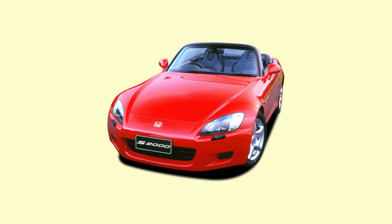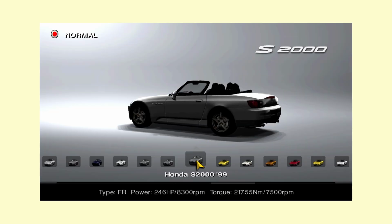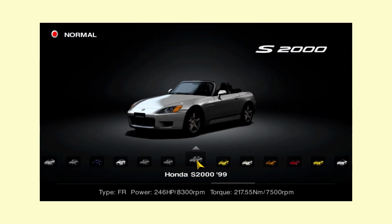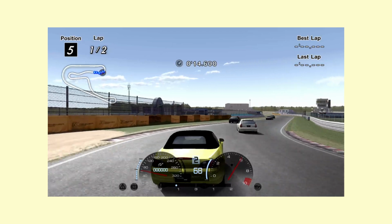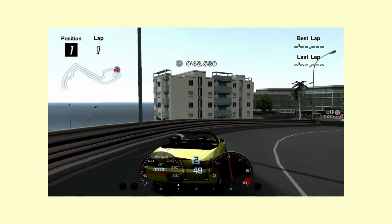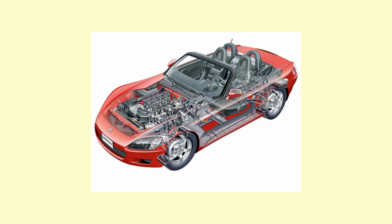The AP1 S2000, Honda's peak expression of purity in a performance offering, proudly produced from 1999 to 2004. So iconic, so revered that it's become a staple in games like Gran Turismo 4, and it's got such a big cult following, probably from Fast and Furious, that clean examples have now skyrocketed in price, especially during COVID. Lightweight, front mid-engine, rear-wheel drive, and a powertrain that sends shivers down anyone's spine when you hit VTEC as we